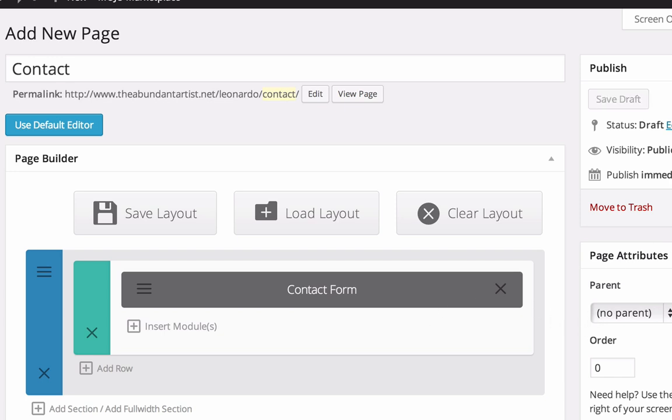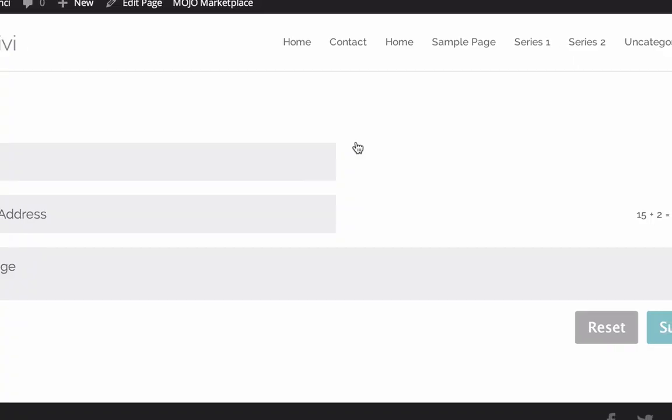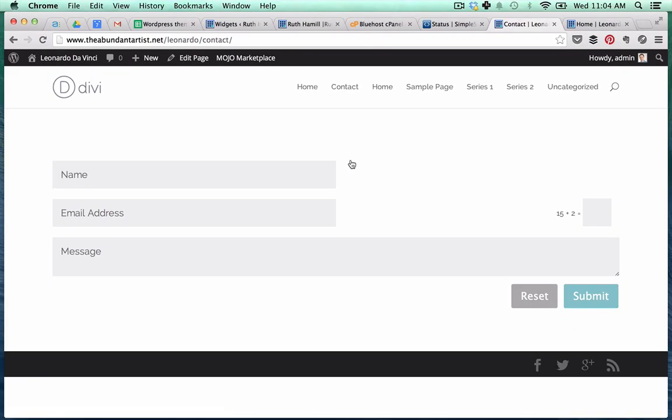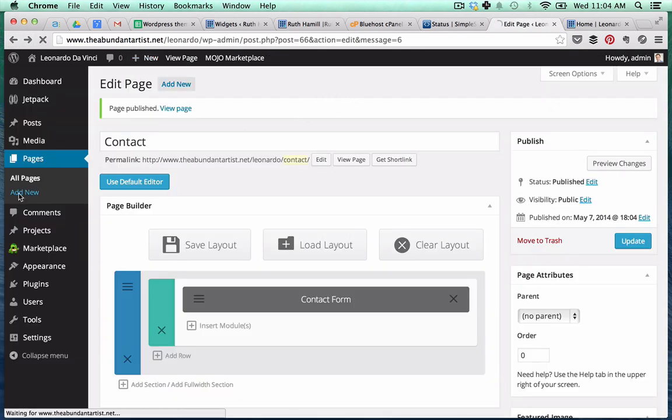Publish. And if we view that page, you see you've got a contact form there, and then we've got the CAPTCHA over on the right hand side. And let's add one more page,